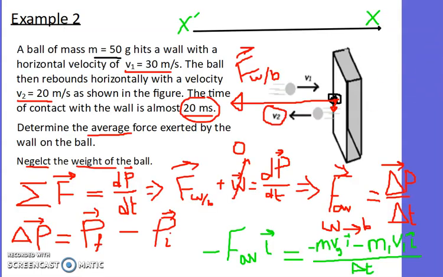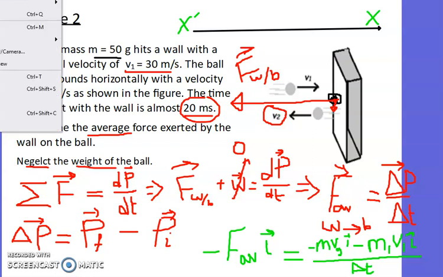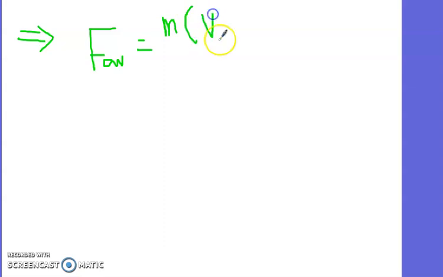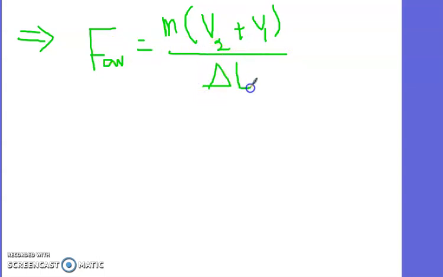Let me insert a new page here. If you do the calculation, then you get the following. F average, you eliminate the minus sign and the unit vector. F average is m into v2 plus v1. Notice here, all of these are positive numbers. Be careful. And if you replace, you get the answer